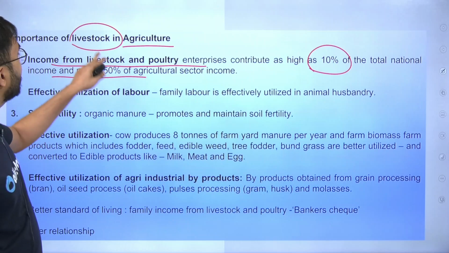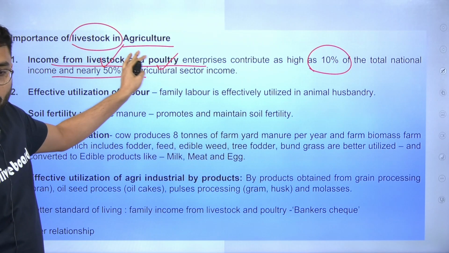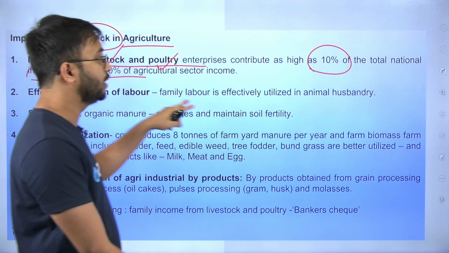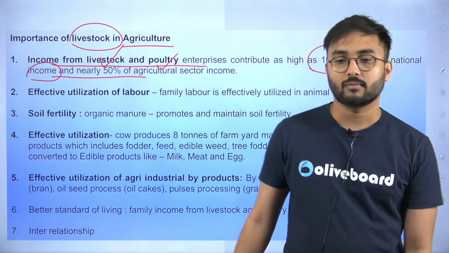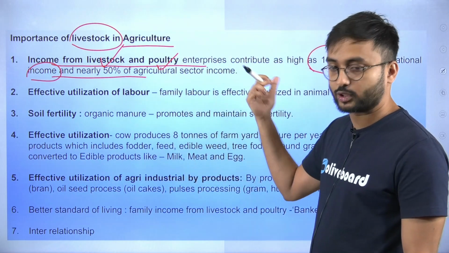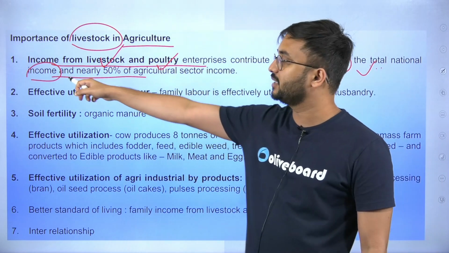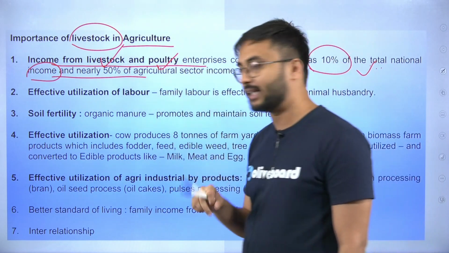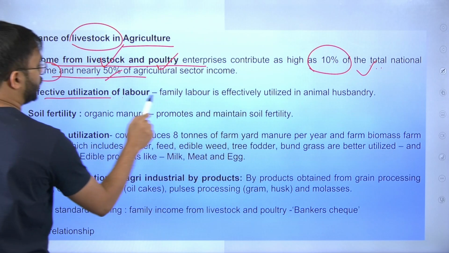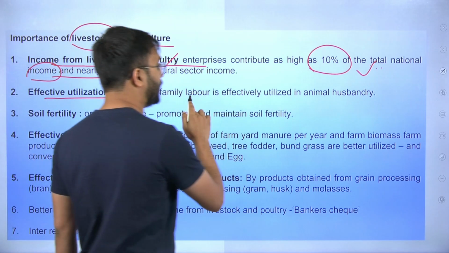If you look at only livestock and poultry, both together contribute 10% of total national income. Agriculture, how much is it? We already discussed this. What is the total national income contribution of agriculture? Tell me in the comment section. So livestock and poultry give only 10%, you tell me how much agriculture gives. Then, effective utilization of labor: agriculture being a labor-intensive activity, the same labor could be effectively used